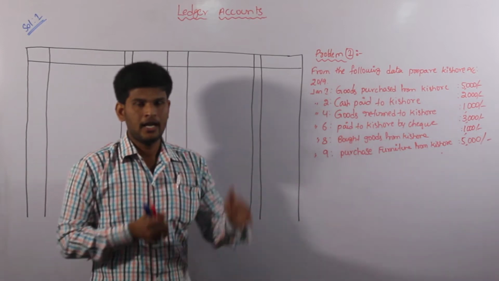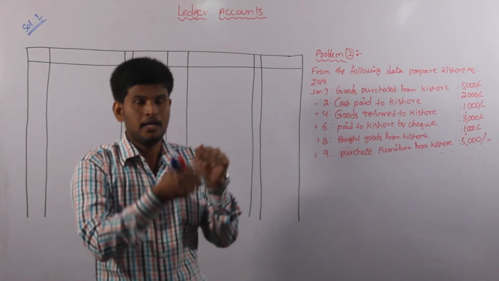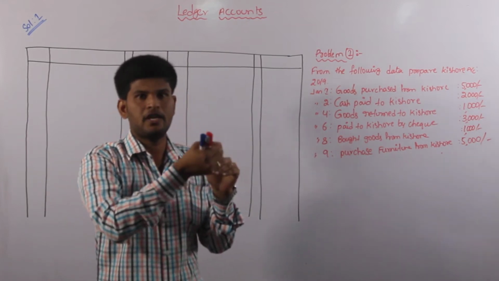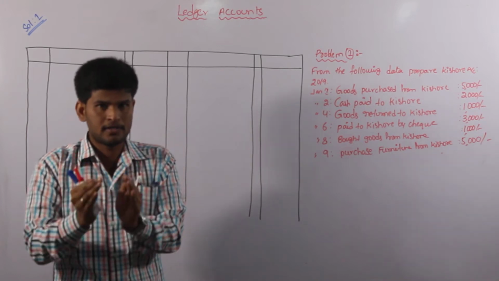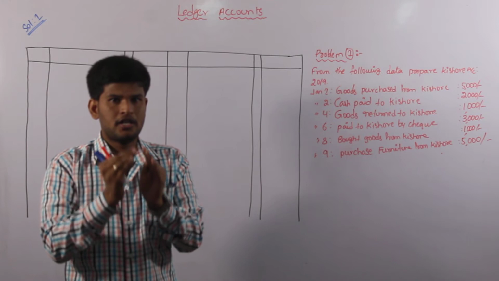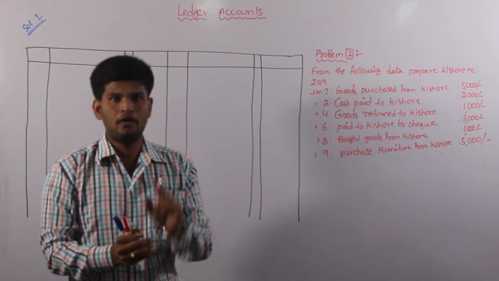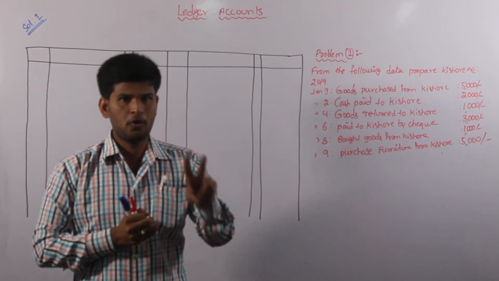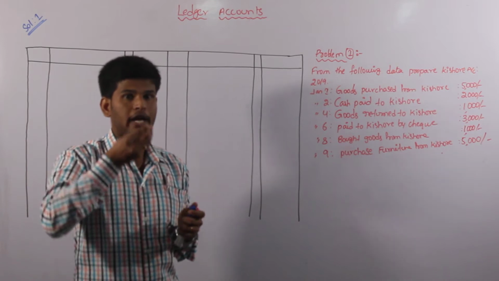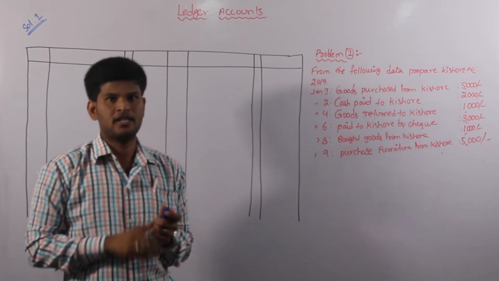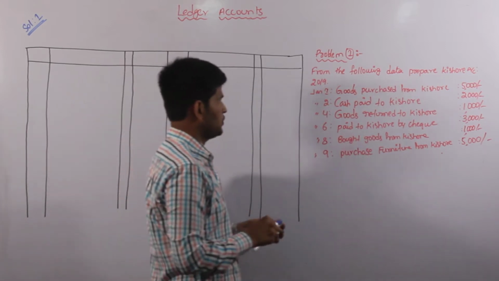Once again I am repeating, finding each and every financial transaction about the business organization. Based on that financial transaction, we have to convert transaction into journal entry. In the journal entry process, we have to enter the transaction into individual entry. Each individual entry consists of 2 accounts. Based on 2 accounts, we are going to prepare ledger accounts. How we can identify the 2 accounts in one transaction of one journal entry, that we have to do in our ledger accounts. Come to read the problem.